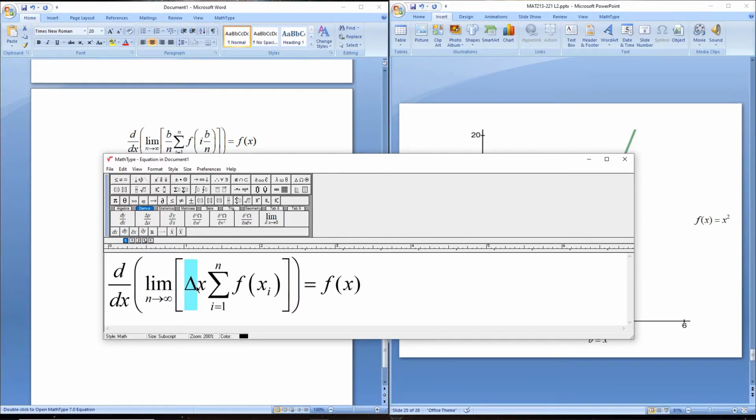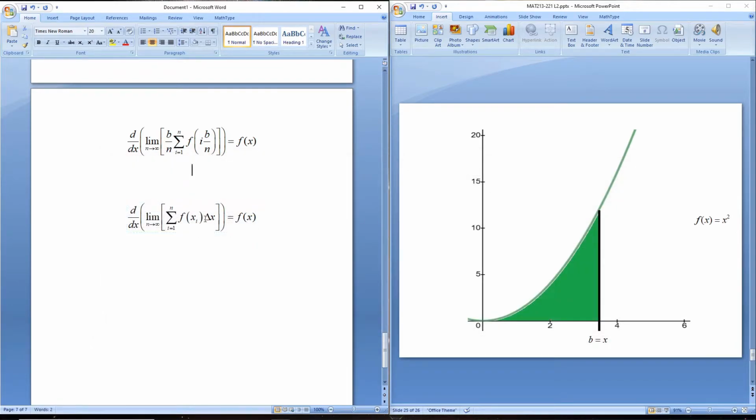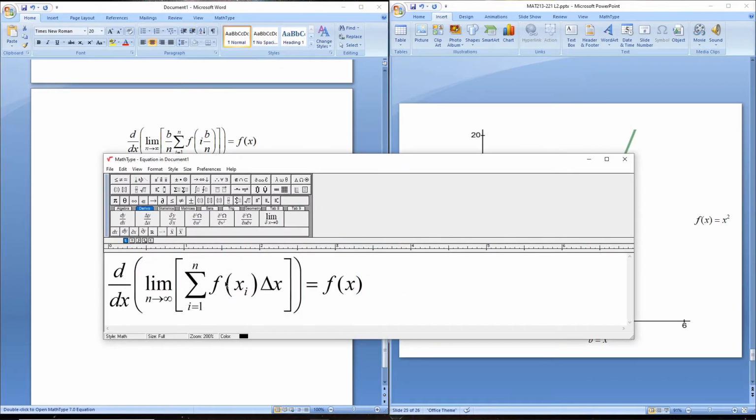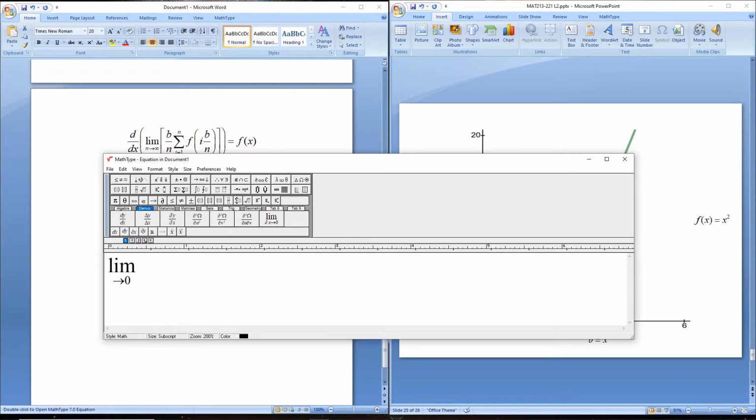And this delta x, I'm going to stick back into the summation. So just rearranging it to look like this now again. Because this is so much to deal with, the notation change is that this limit, as n goes to infinity, along with the summation sign,